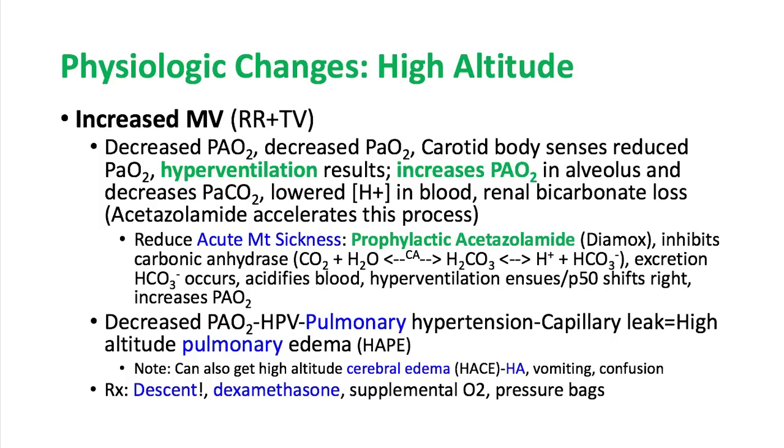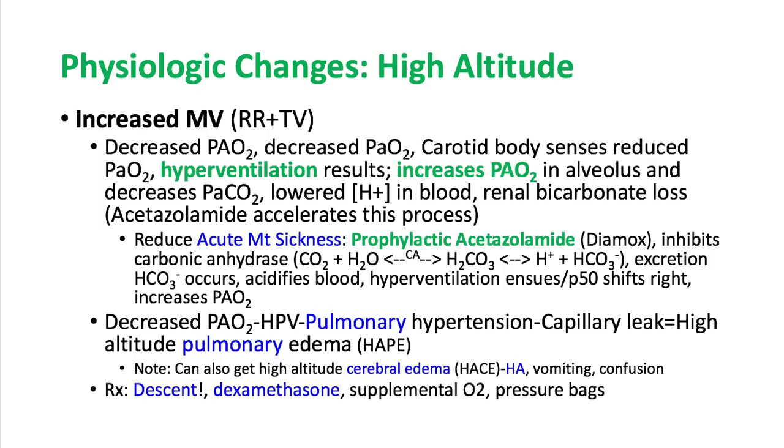Next key word is physiologic changes with high altitude. What happens? We hyperventilate. Our respiratory rate goes up. Our tidal volume goes up. Why? Because the air around us has less oxygen in it, and our alveolus sees less oxygen, and therefore the blood gets less oxygen in it, and the PaO2 goes down. The carotid body senses this reduced PaO2 and stimulates the brainstem to cause hyperventilation. As we hyperventilate, that increases the PAO2 in our alveolus and also drops the arterial CO2. This causes a respiratory alkalosis,